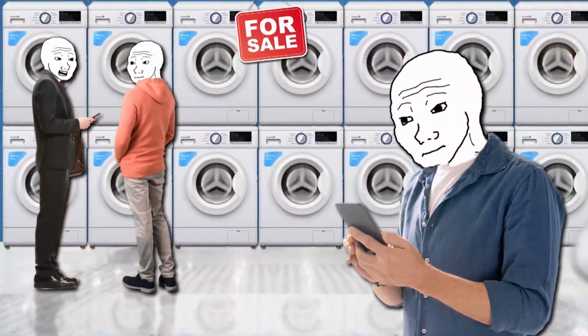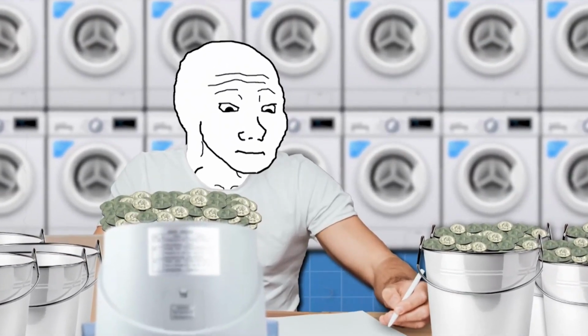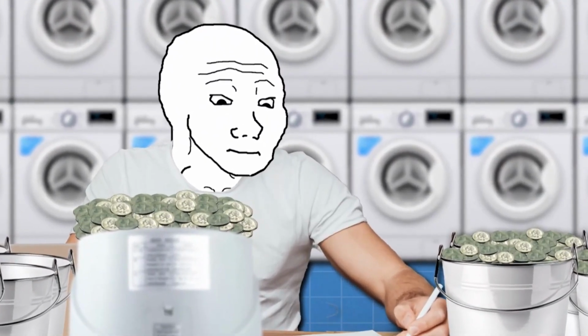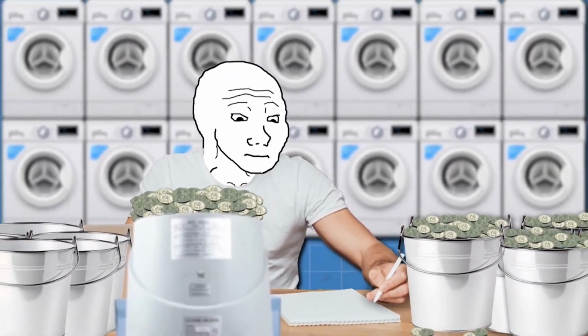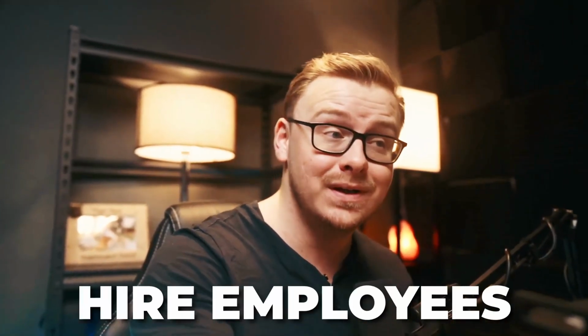So this one is definitely not very sexy. It's not one that a lot of people really want to get into. It's also a lot of work because you're literally going to have to have buckets to carry all the coins, and then you're going to have to count all the coins out. And typically you'll have a machine that does that, but then you have to exchange those coins for, you know, paper money. And if you want to scale this, again, you're going to have to hire employees that you can